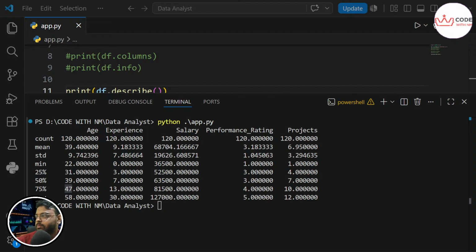We can't say that it is upper bound, because saying upper bound won't be applicable to experience, the salary, the performance rating, or the project.